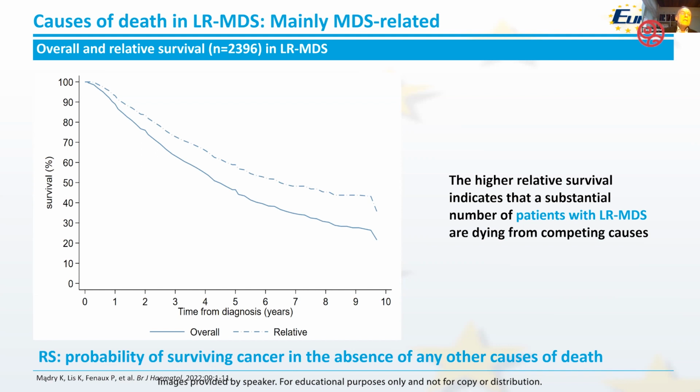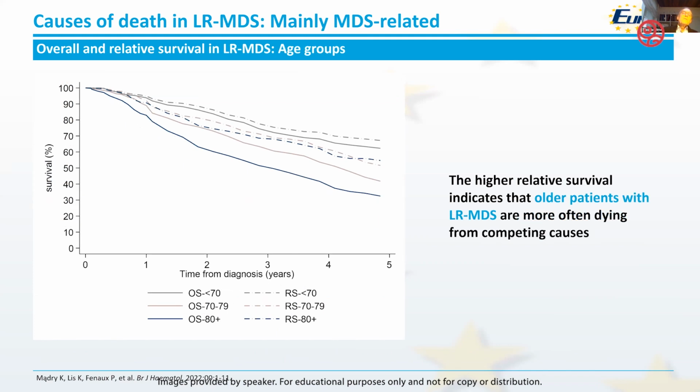So here is the definition of relative survival: the probability of surviving cancer in the absence of any other cause of death. Here you see the subdivision of the patients according to 3 age groups: the patients younger than 70,